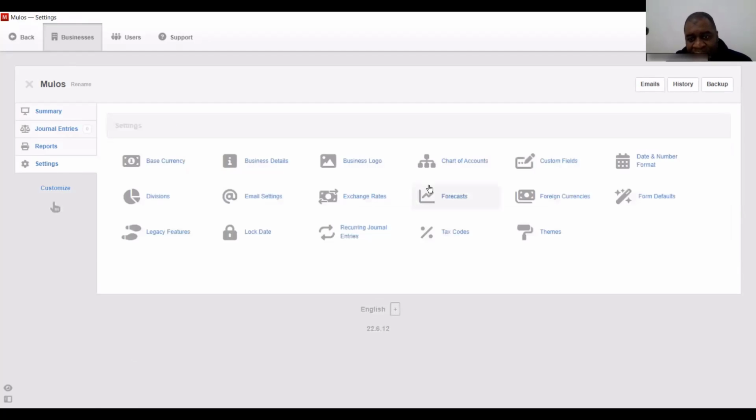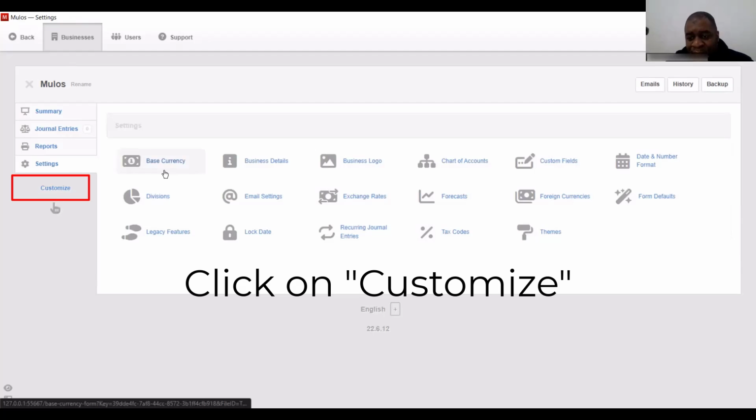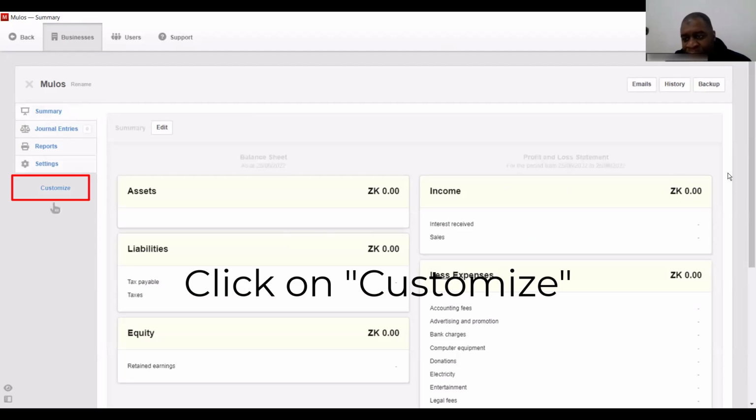So we go back to settings. So we've done most of the major things that are there. Now, the next one is setting up your bank account and the likes, okay? So if you're using mobile money, bank accounts, or any other type of cash accounts, you can come back here. Okay, so I made a small mistake. If you're going to add bank accounts, cash accounts, and all, you need to first come under